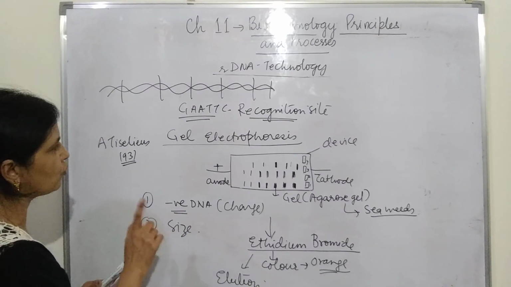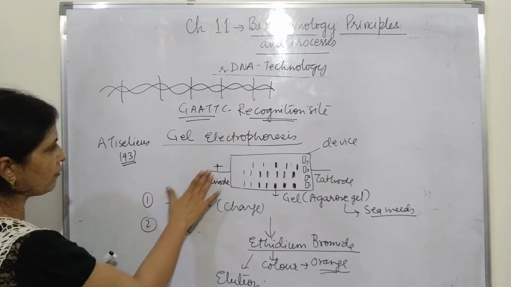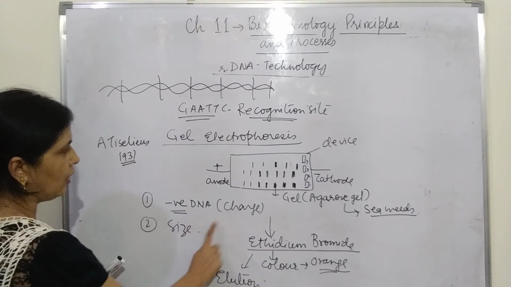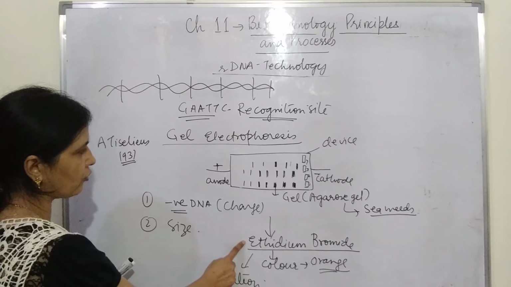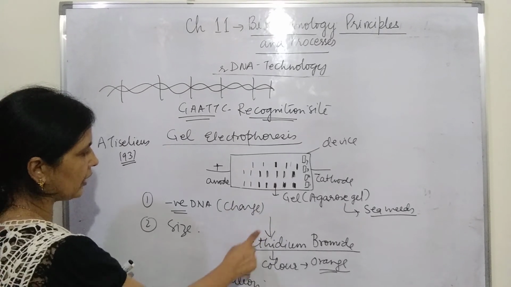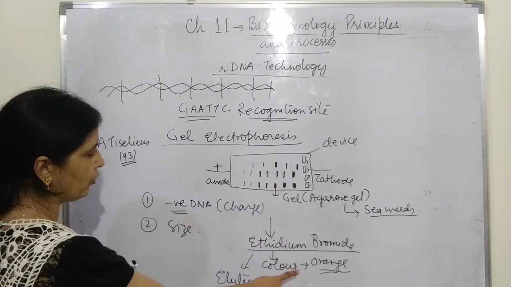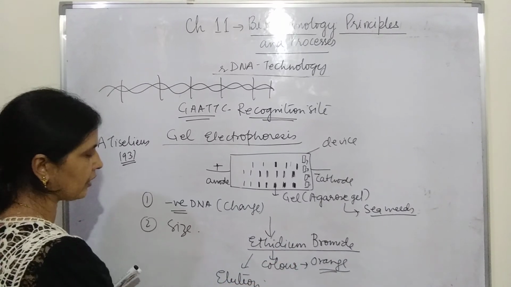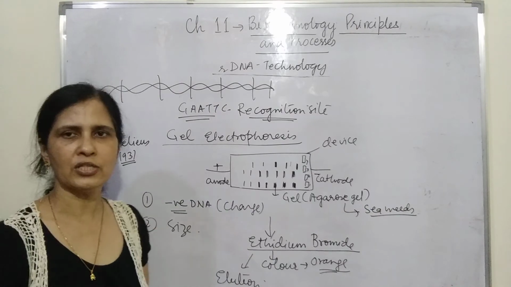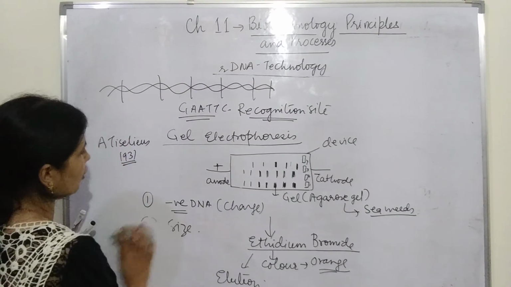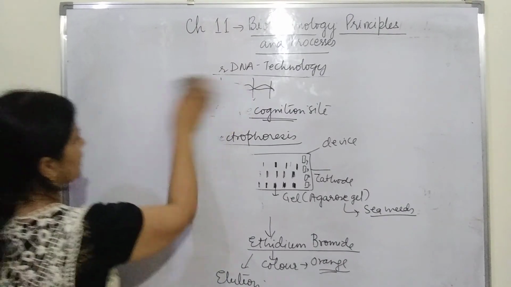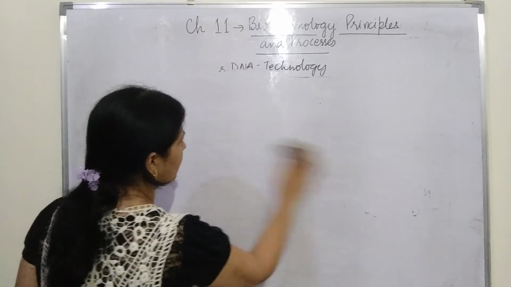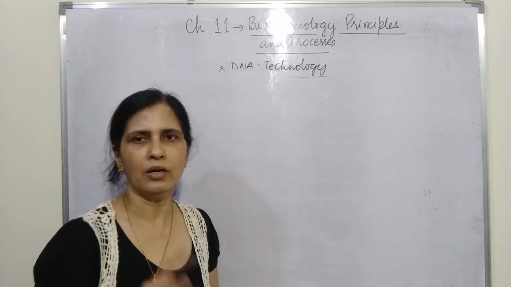There are a few terms which you must know. What is the principle of gel electrophoresis? It is the charge and the size of the DNA. What is elution? It is the treatment of the DNA with ethidium bromide to stain them, and then they can be observed with ultraviolet rays, and the method of extracting them from the gel is called elution. Now let us talk about the vectors, because we are going to put this small extracted part of the DNA into the vector.